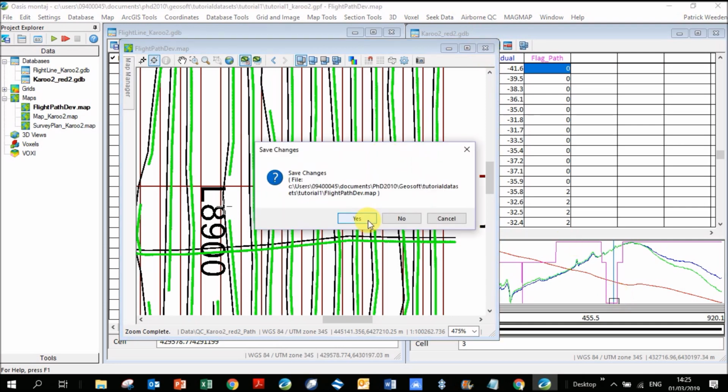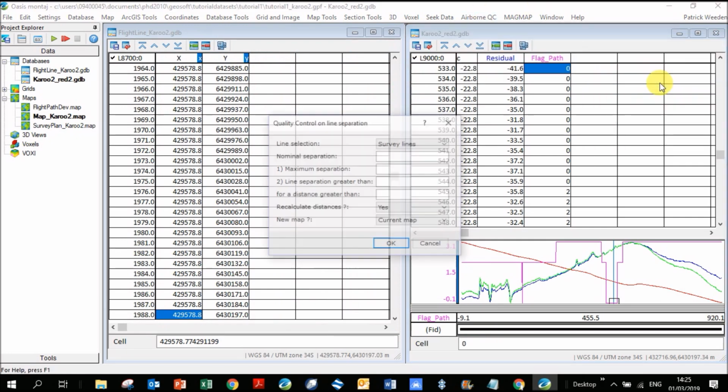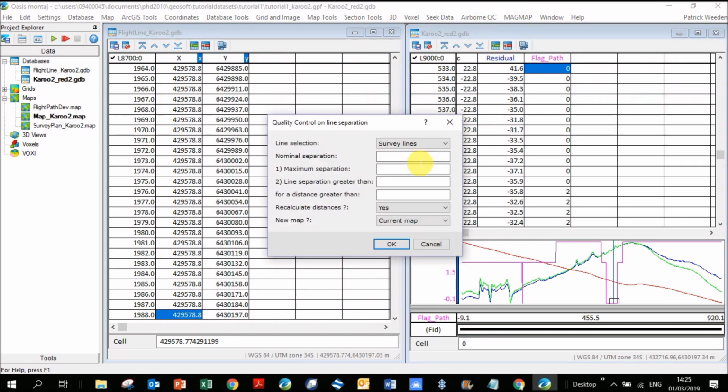So let's move on to the next QCing option, QC line separation. So again, you can see what I've got selected is this ideal data. You can see it's slightly dark, even though it's also grayed out. So line separation. Am I looking at survey lines or tie lines? I'm going to look at survey lines for now, because we know our tie lines are terrible. What is the nominal, or what's the average separation? So I know it's 1,000 meters. What maximum separation am I okay with? So I'm okay with